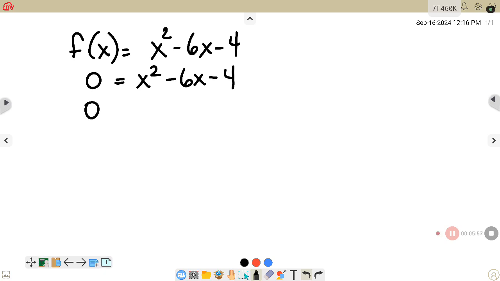And then when I try to factor this, I'm going to run into a roadblock. I can get the x squared by using x and x. Here's where I'm going to have trouble, because I have to find the numbers that multiply to equal -4 and at the same time add to equal